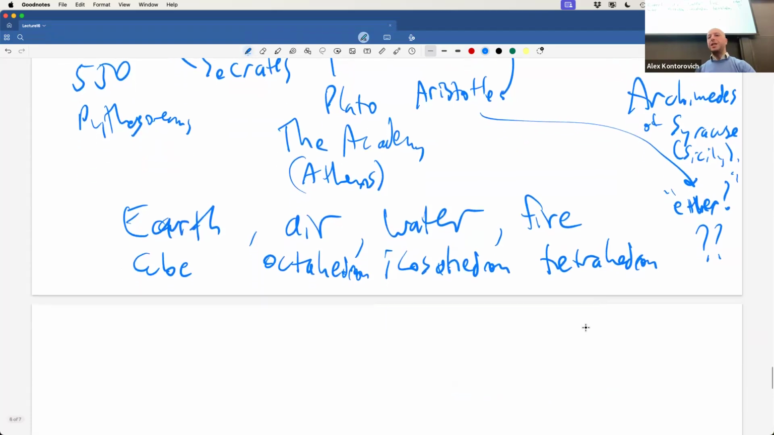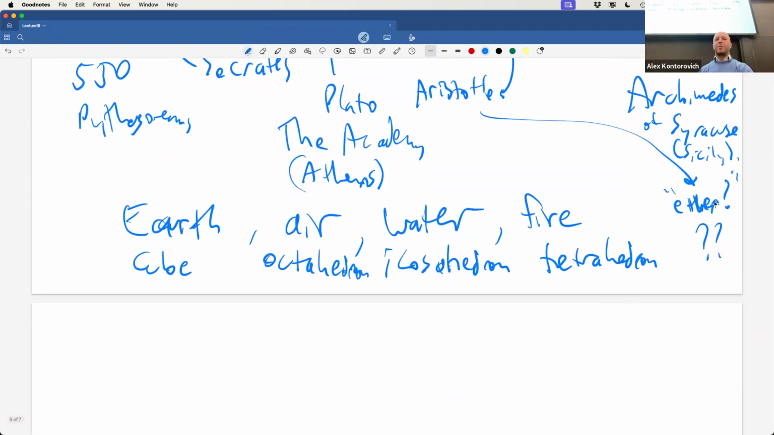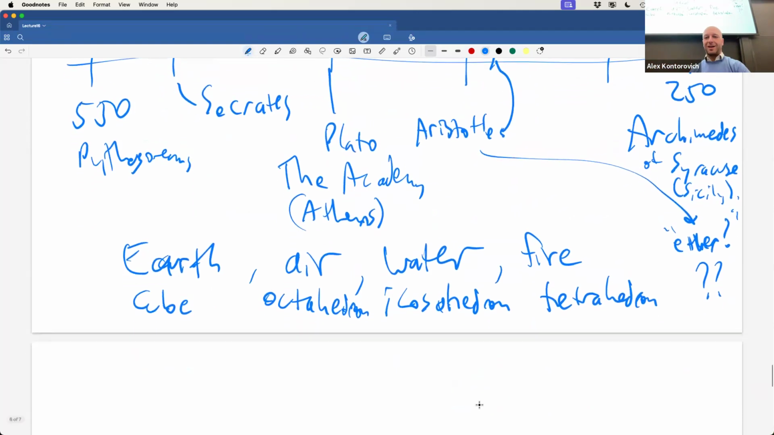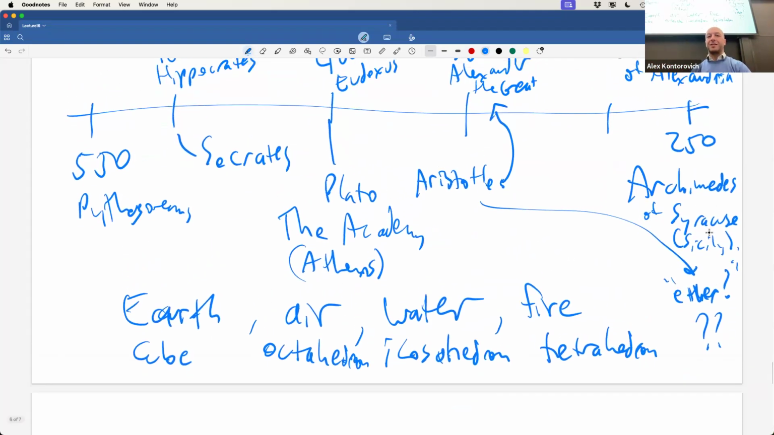So Archimedes sends a lot of letters back and forth with a guy we will talk about more, named Eratosthenes. Eratosthenes is the head librarian of the Library of Alexandria, which has now been around for a century and contains, it's like the Library of Congress. So we're going to come back to Eratosthenes, but